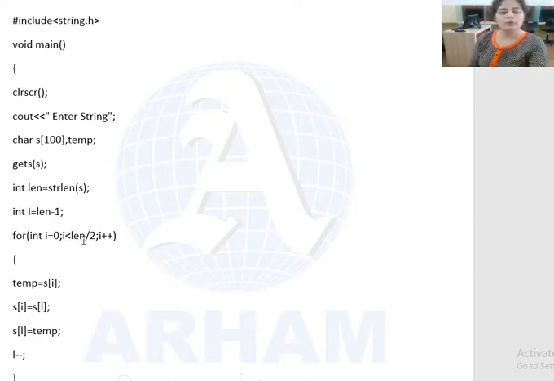Whatever the length is, it must be divided by 2. If the length is 6, then 6 divided by 2 is 3, so we have to perform a total of 3 transformations. That's why we have applied this condition in the for loop. Okay.